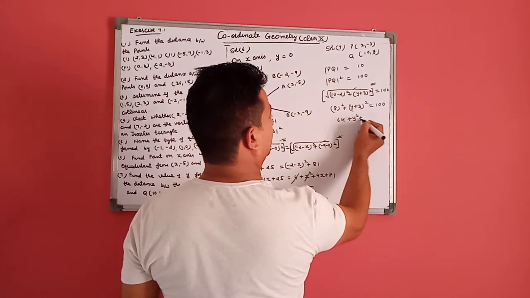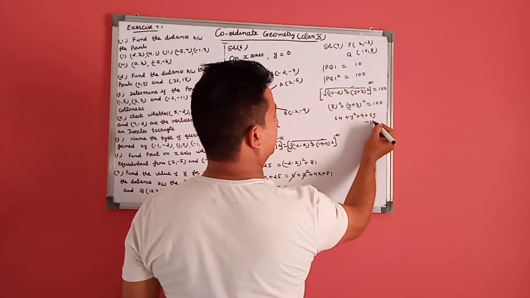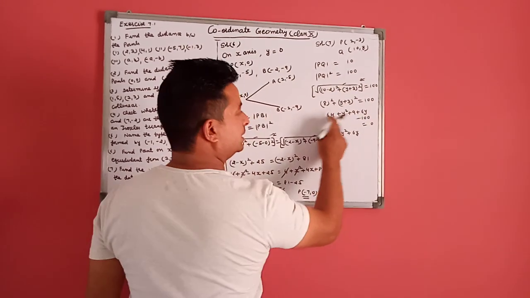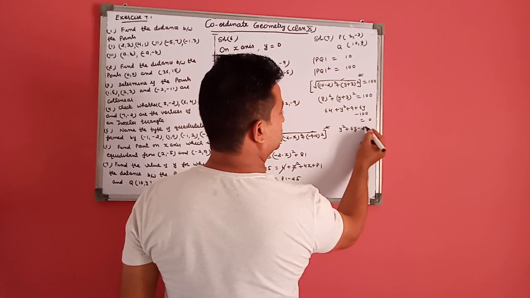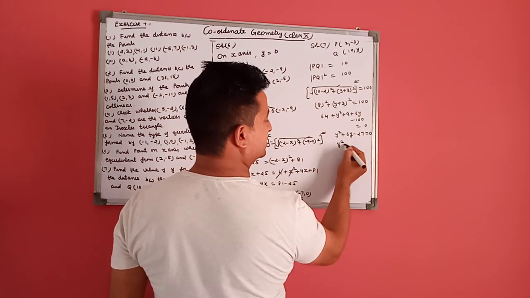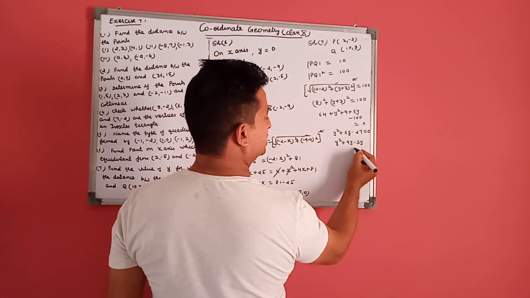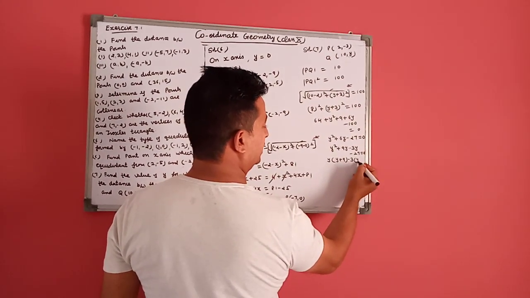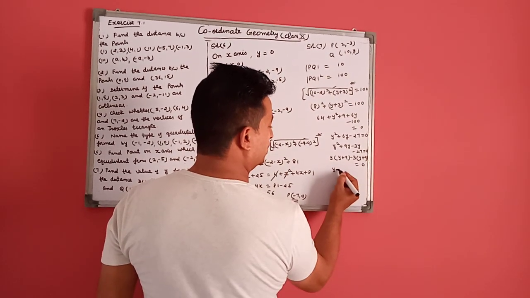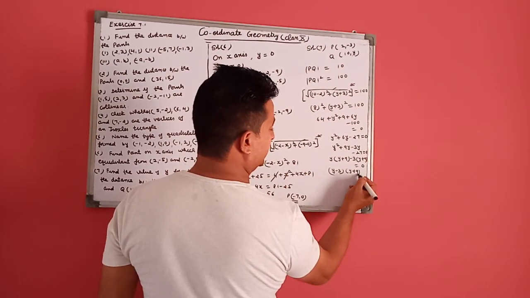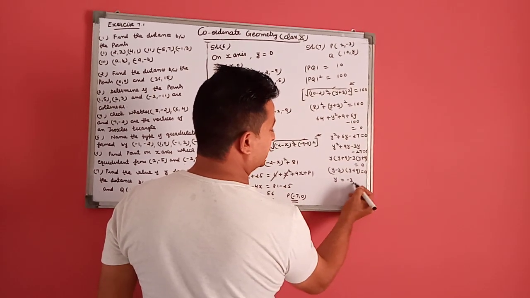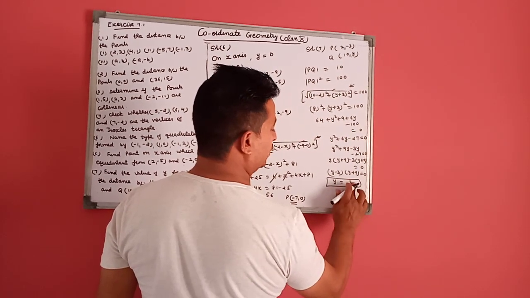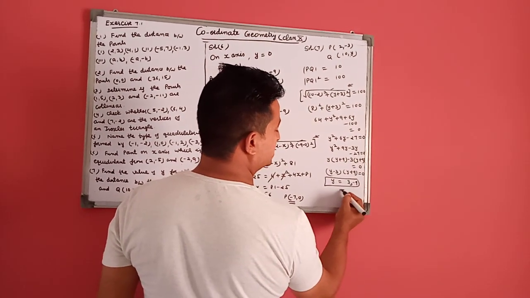64. When we open this identity, y square plus 6y plus 73 minus 100 equal to 0. This means y square plus 6y minus 27. When we factorize this, 9y minus 3y minus 27, take y common, 3 common, y plus 9 equal to 0, (y minus 3)(y plus 9) equal to 0. y is equal to 3 and minus 9. These are the values of y: 3 and minus 9.